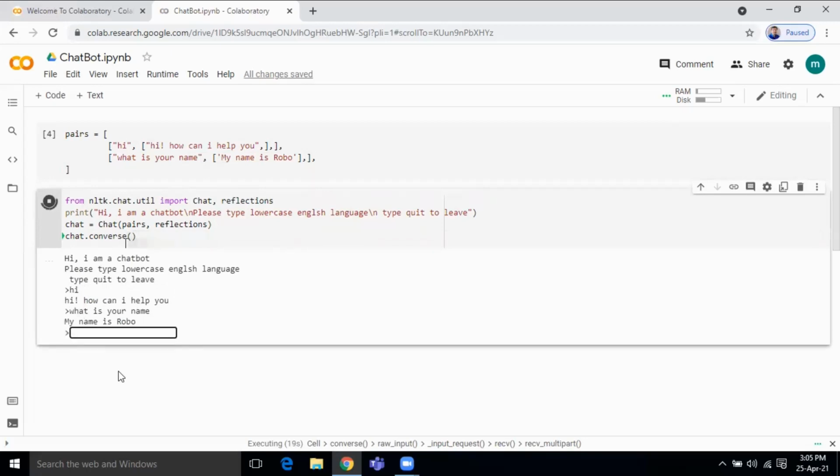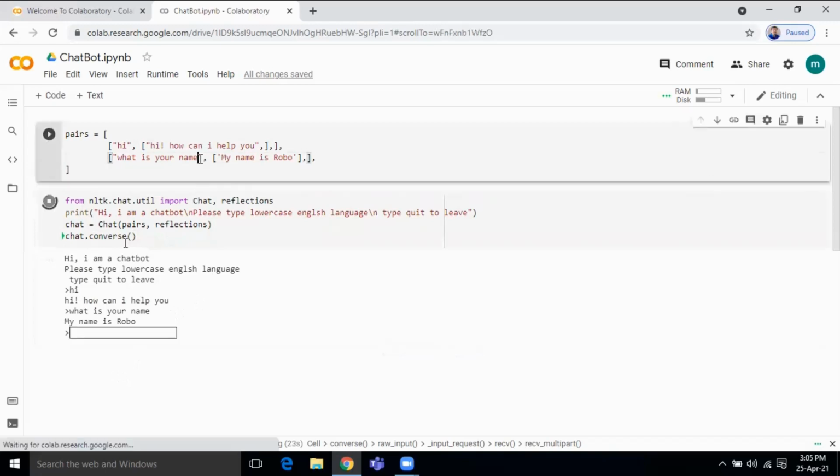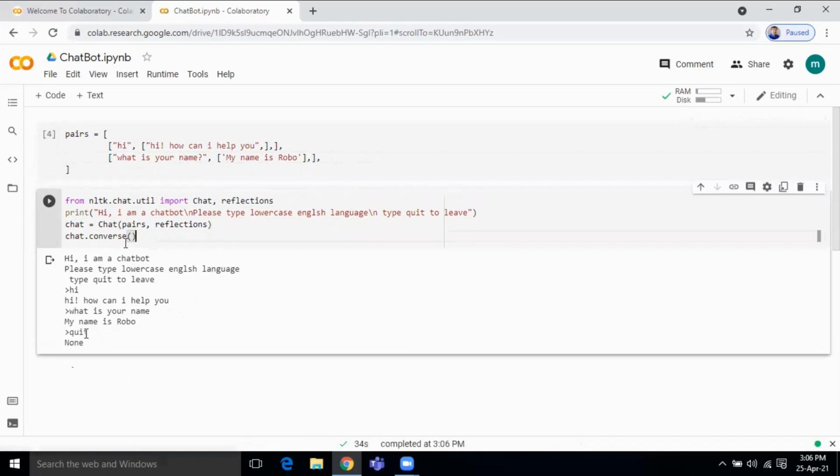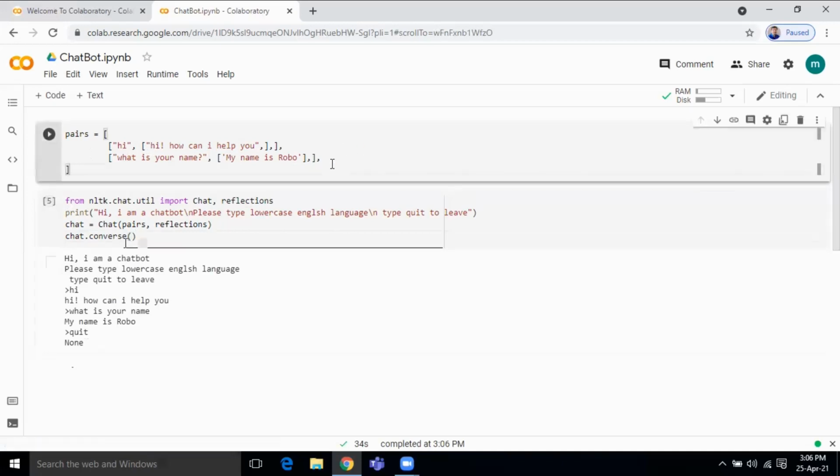Okay, it responds, my name is Robo, right? So like this, you just keep on giving some data, and by going through the data set, you can just have the short part.